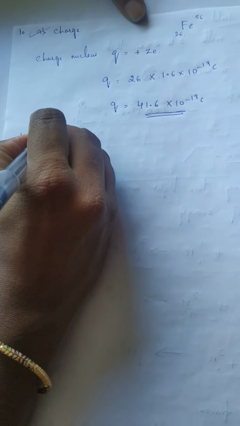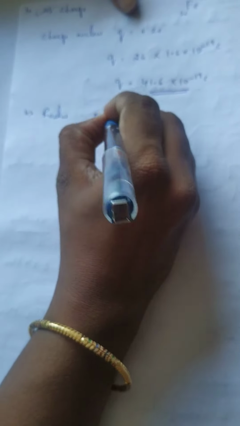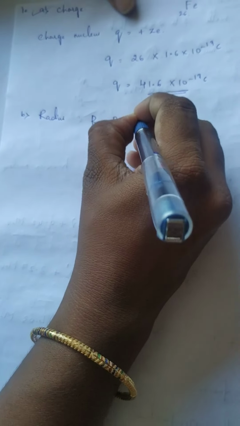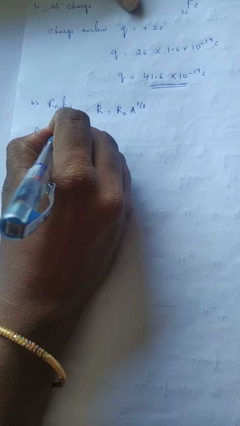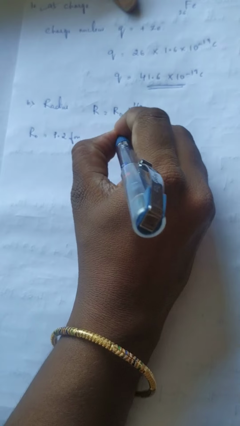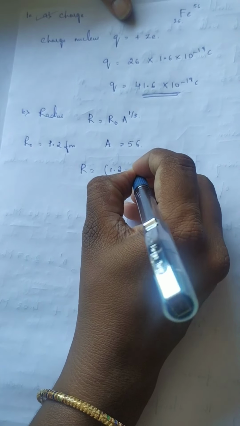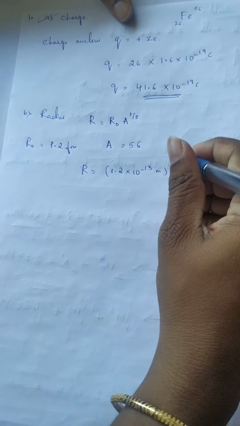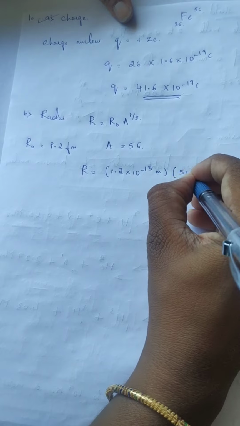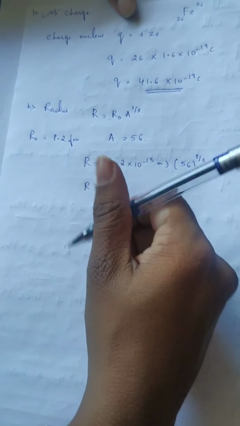The next is the radius or the size of the nucleus. The radius of the nucleus is given by the formula R is equal to R naught A to the power of 1 by 3. We know R naught as 1.2 femtometer or Fermi, and the mass number A is given, that is 56, right? Now if you substitute, femto is nothing but 10 to the power of minus 15 meter, and A is 56 to the power of 1 by 3. So R is equal to,